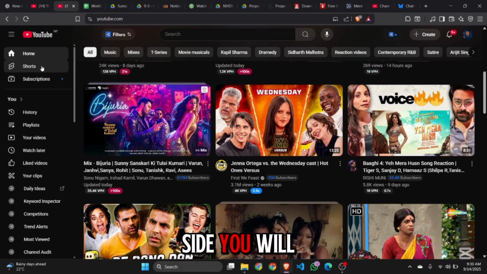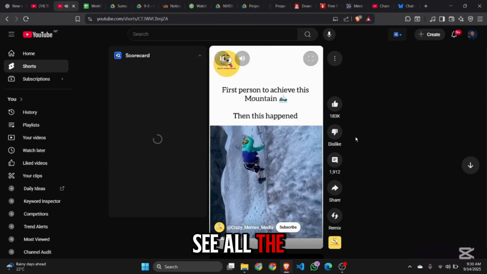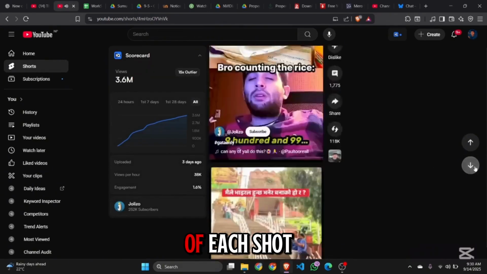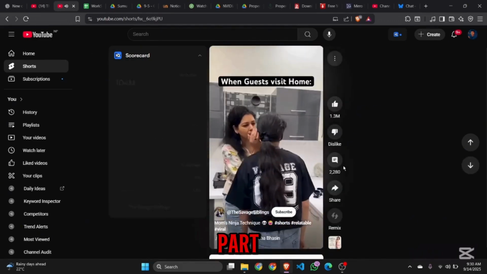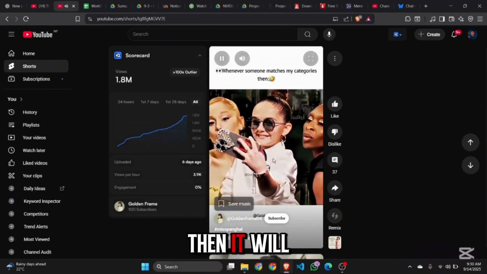On the left side, you will see the Shorts section. Click on that. Now you will see all the trending shorts right here. You will be able to see analytics of each short with vidIQ. Now this is the normal part, but if you'd like to see a highlighted trending section, then it will be available